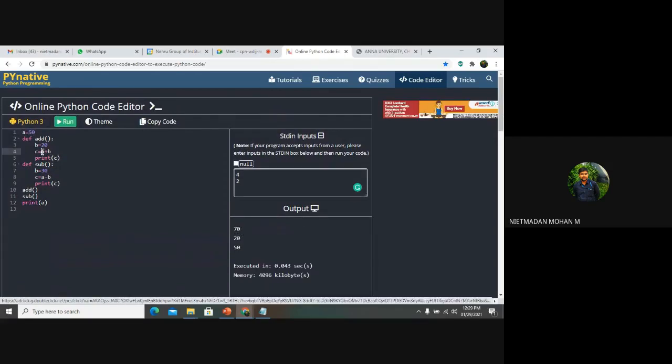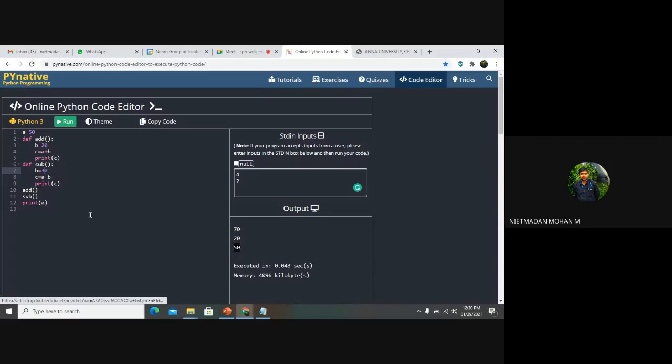It means that we have declared the global variable outside the subfunction, so it can take the values from outside the subfunction and produce the result. Same as that, we have declared the local variable for addition, B is equal to 20 and B is equal to 30 in two different functions, and it performs an operation and produces the result. And finally, we are printing the global variable alone.